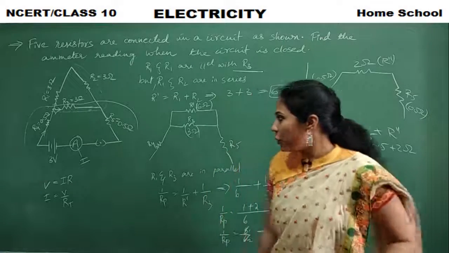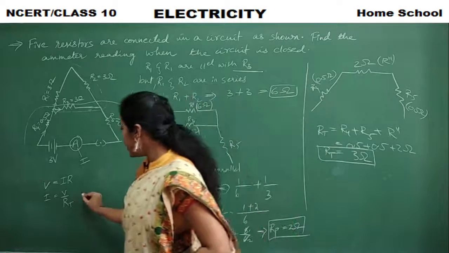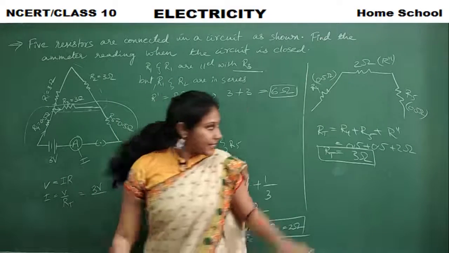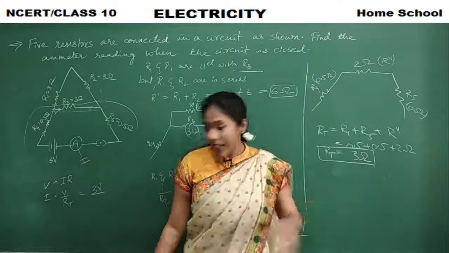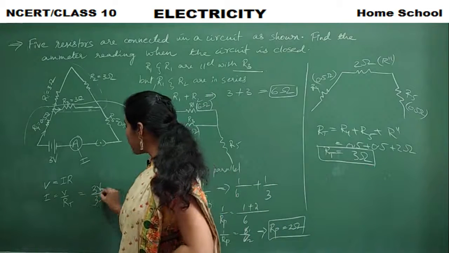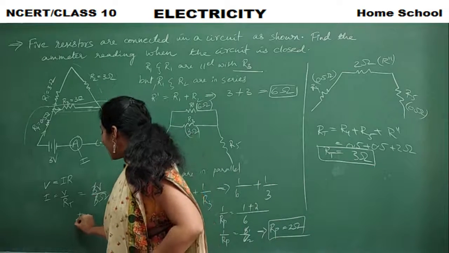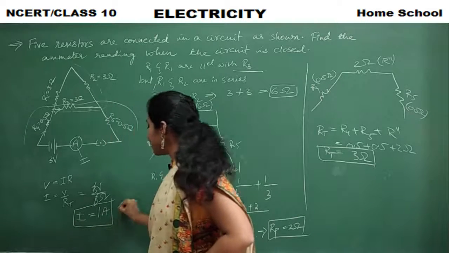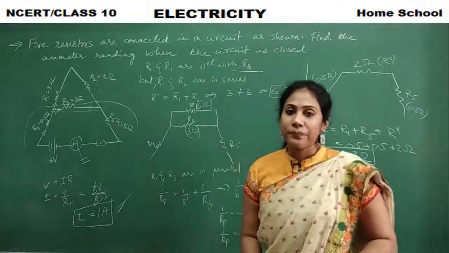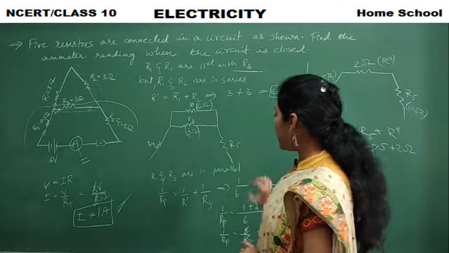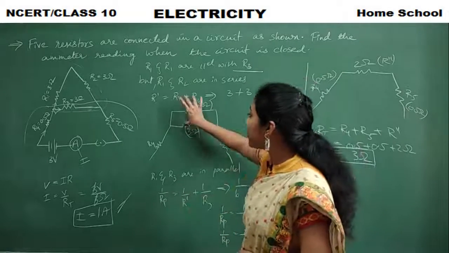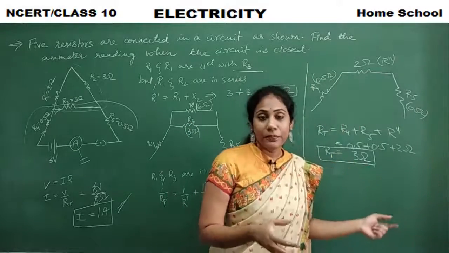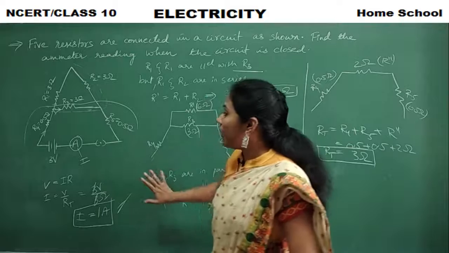So we got to know the total resistance. Now the only thing is to substitute here. V is equal to how much? 3 volts. And total resistance just now we calculated how much? 3 ohms. So current is equal to 1 ampere. So your answer is 1 ampere. Okay, so understood the whole problem. See, in every step, if you can simplify your circuit diagram, you will not get confused at the end. Okay, so step by step you have to calculate.